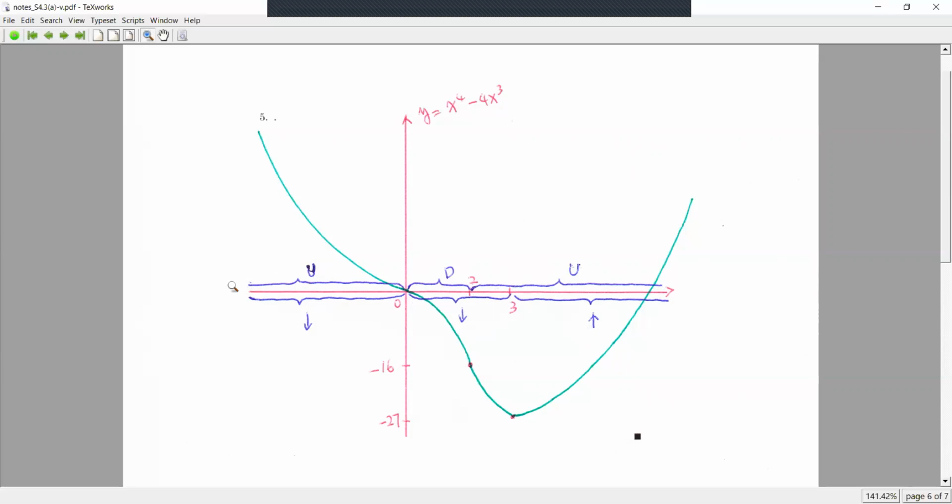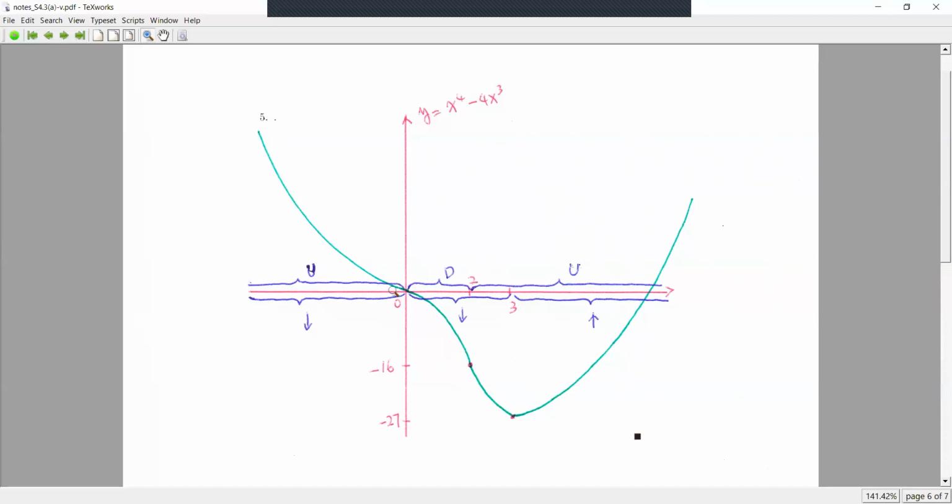And from negative infinity to 0, concave up. 0 to 2, concave down. 2 to infinity, concave up. Okay. And then I draw the graph